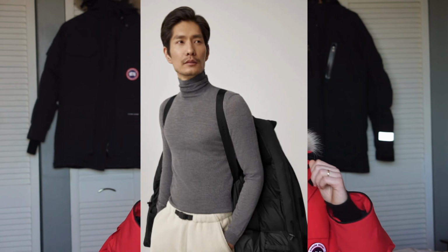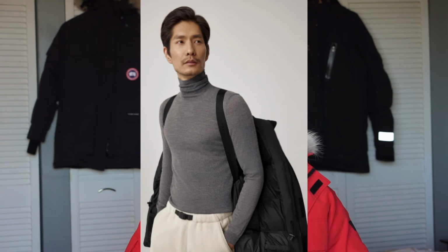Again, if you buy new or used, and depending on how old the jacket is, these features might differ slightly. As mentioned, mine doesn't have the ability to remove the fur trim. However, on my wife's, which also was used, but I guess must be a couple years newer, you do have the ability to remove that fur. One of the key differences between the newer models and the older model that I have is backpack straps on the inside of the jacket. They're basically just shoulder straps that are pretty light, but you put them around your shoulders before you put on